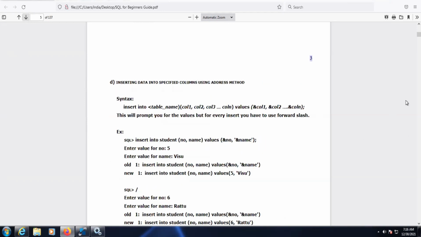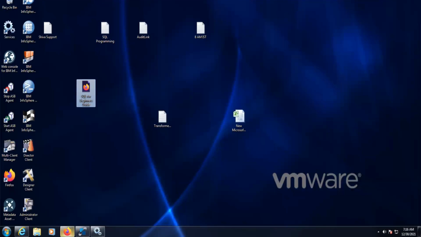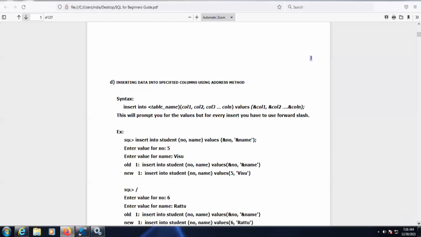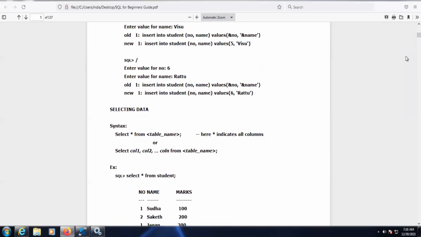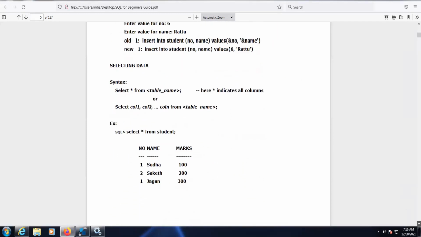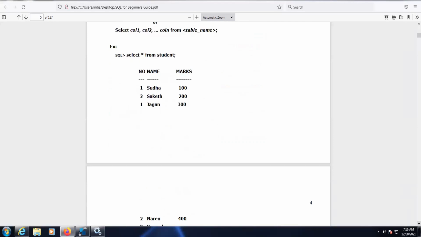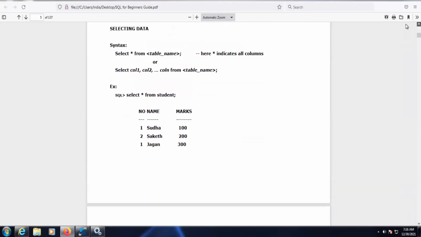You can see here, select star from table name. Star indicates all the columns.